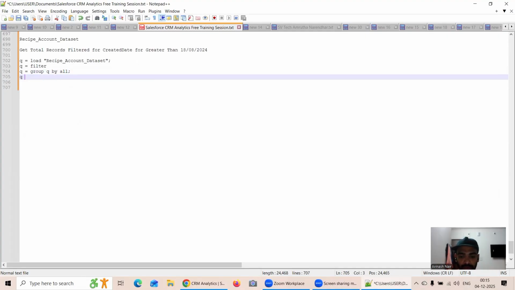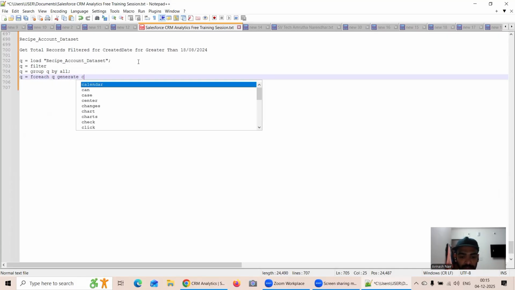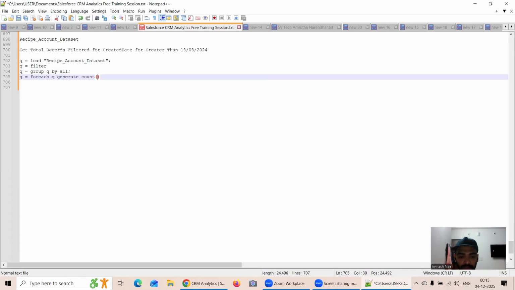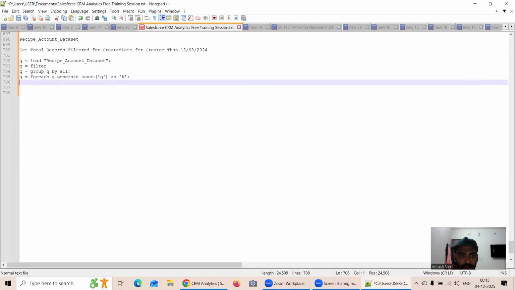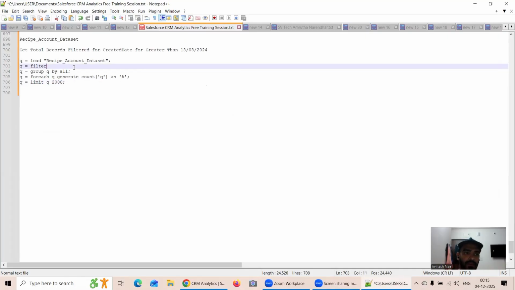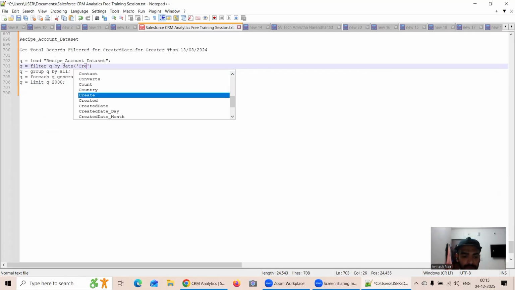Then comes q equal to foreach q generate count of q as a. Then q equal to limit q. Okay, and I will let filter q equal to filter q by, yeah, create. That will be